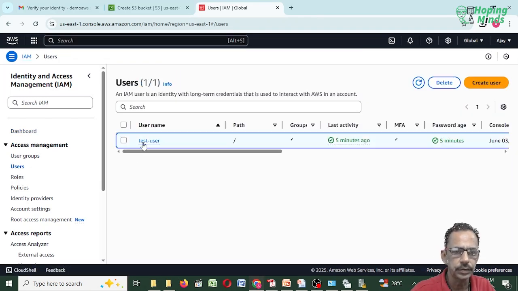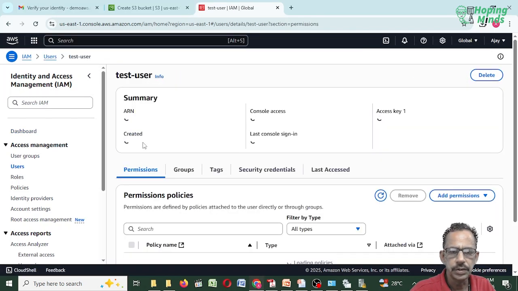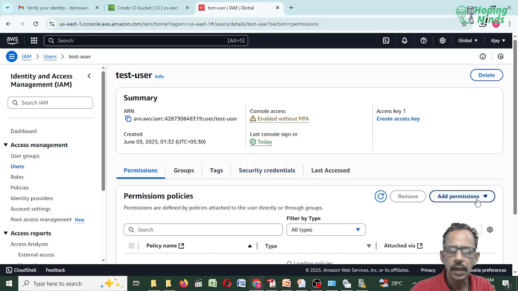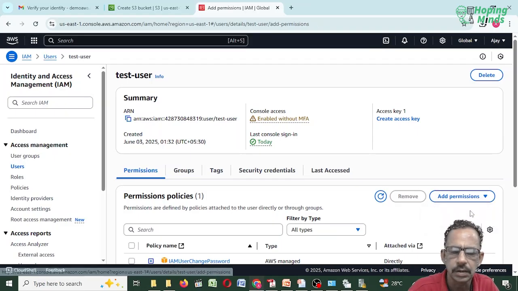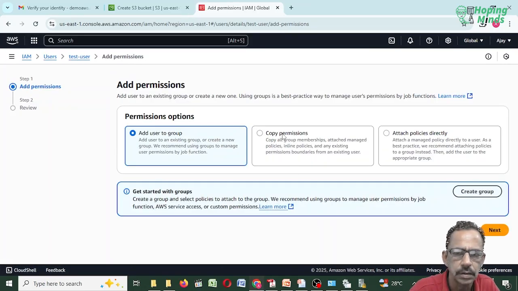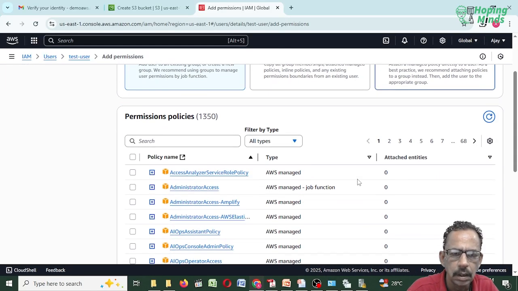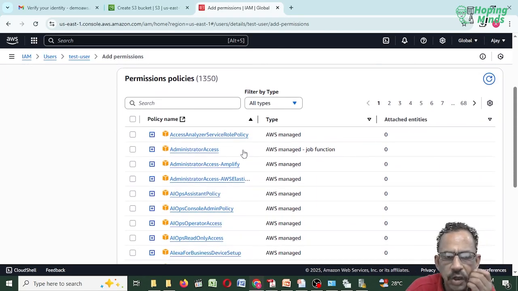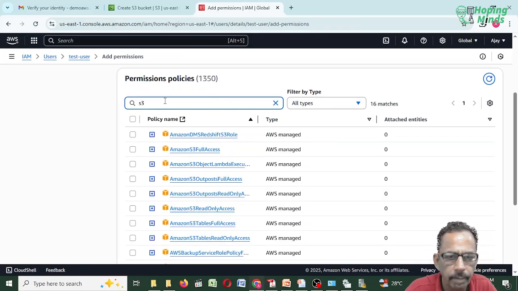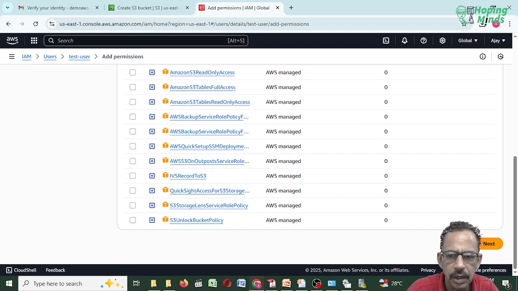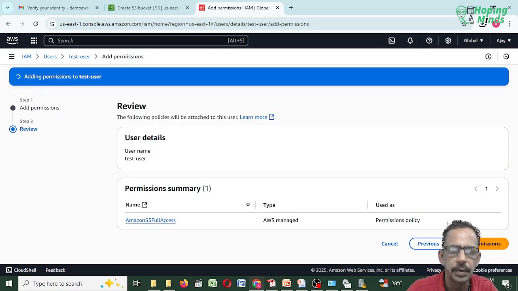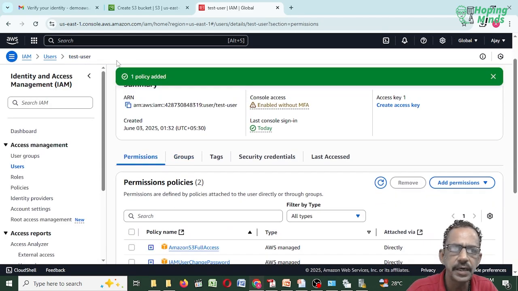I go to this user and from here we can give him the permission. I want to give S3 full permission. Add permission, attach policy directly. There are so many policies that AWS manages. If I say here S3, S3 full access, I'm giving you the permission. I'm attaching the policy to him. Add permission. It has been added.